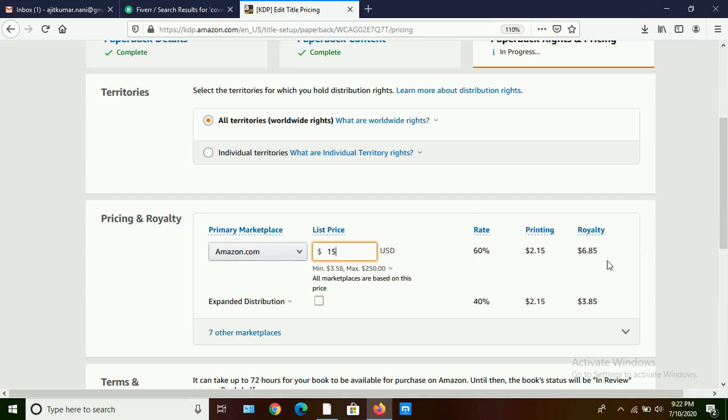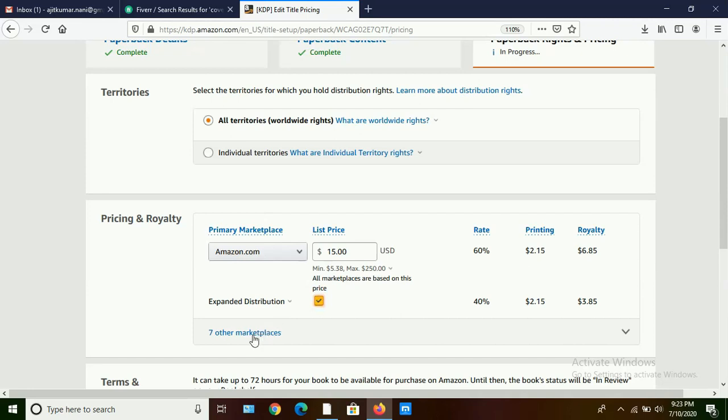So at 60% it means $6.85, and at 40% it means $3.85. Sometimes Amazon will give a 40% or 60% discount to the readers. Okay, then click on expand distribution. Please don't forget to click on expand distribution. It is very important. I will explain about this briefly in the next video.